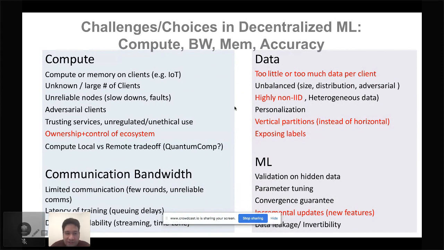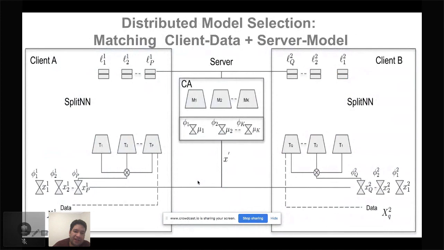low, federated would not be able to handle it, because if each cell phone is giving you 5 records of data, you cannot train a large model on 5 records of data, but which is still okay with split learning, which is great. But there's some challenges that even split learning doesn't solve, like for example, can we make the communication bandwidth even more lower? Can we push the limits of compute even further? One very important challenge is how can you deal with data that is extremely non-homogeneous? So if the data from one client is very different from the other, how do you make sure the model converges? And so on and so forth. So that's a laundry list.